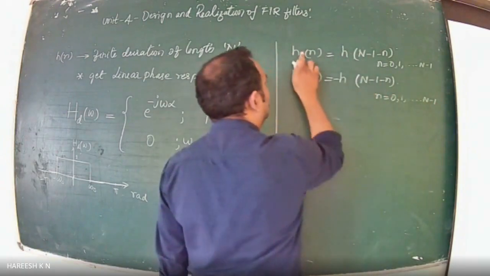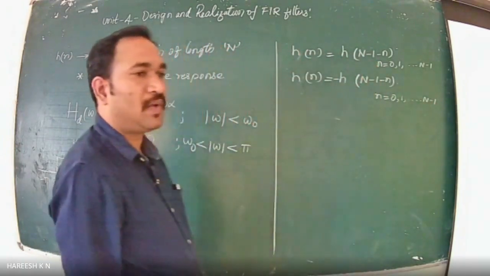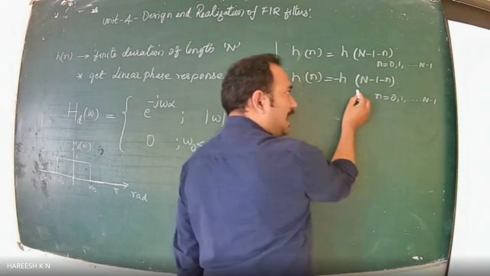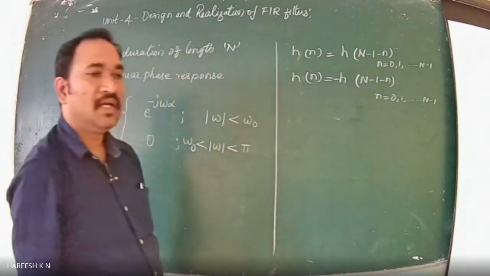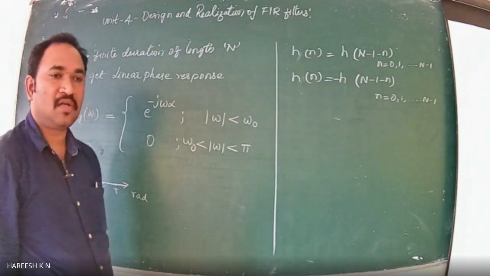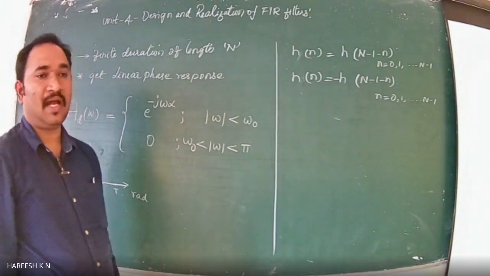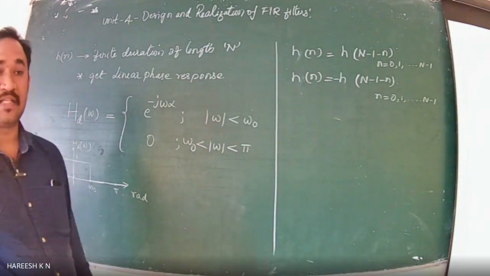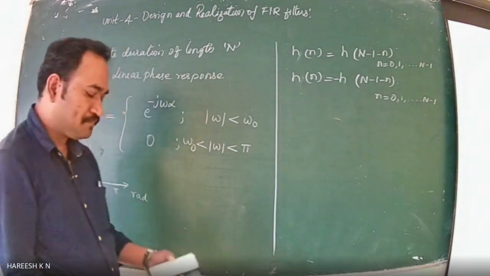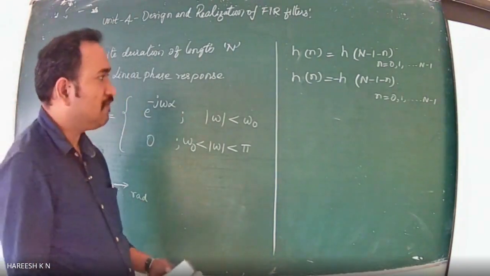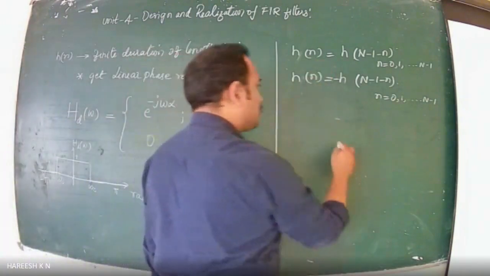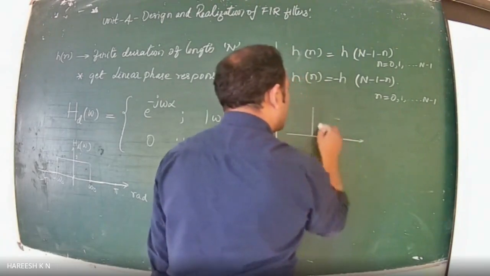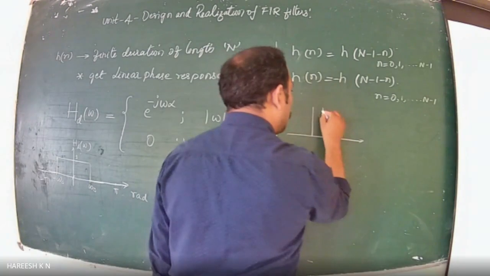It is h of n, where the impulse response will take on these expressions if it is symmetric in nature, and another if the impulse response is anti-symmetric in nature. Now these are the two different types of impulse response, based on whether the impulse response is symmetric or anti-symmetric. We will come to know when we use those types of impulse response, when we see such results in our design. Now, if I try to draw the corresponding impulse responses, with respect to symmetric, I am trying to write now.